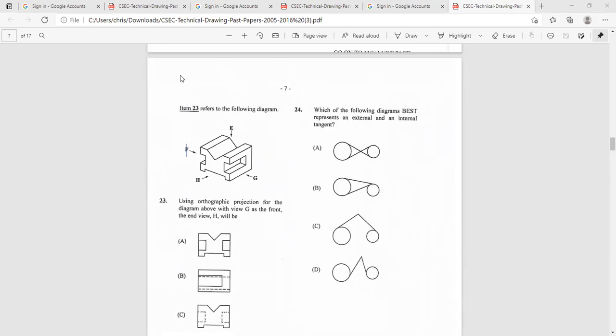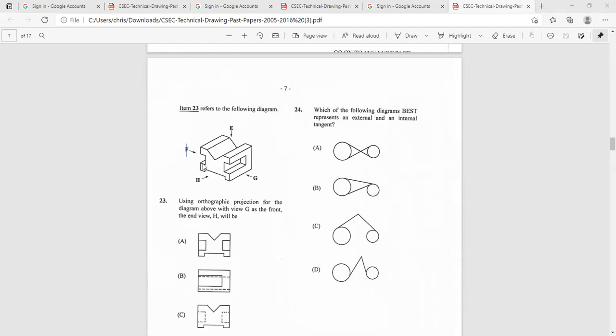This one, you'd have to be familiar with orthographic views, you know. I'm not quite sure if you guys did orthographic views, but for this, using orthographic projection for the diagram above, with view G as the front, the end view H will be, so if G is the front,